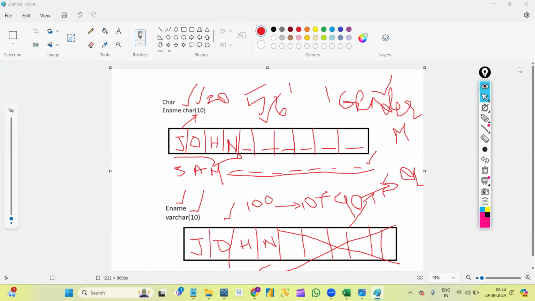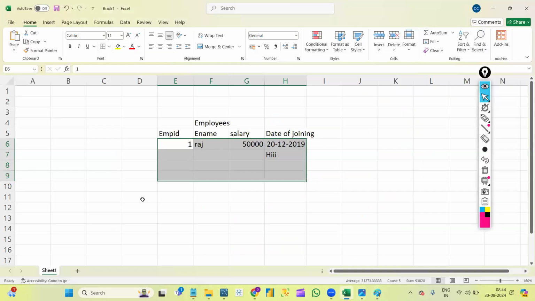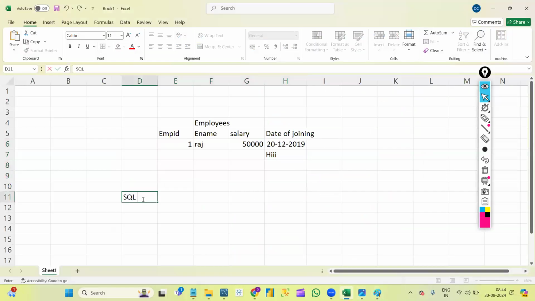Okay, I'll tell you. Basically, in yesterday's or day before yesterday's class, I told you this. SQL is nothing but a language. The full form of SQL is Structured Query Language. This is a universal declarative language used to communicate with databases. This is a programming language we use to communicate with the database. So whichever concepts we are going to learn,